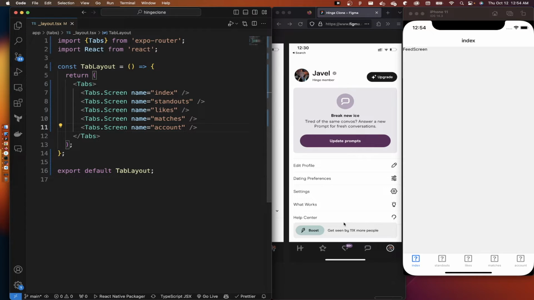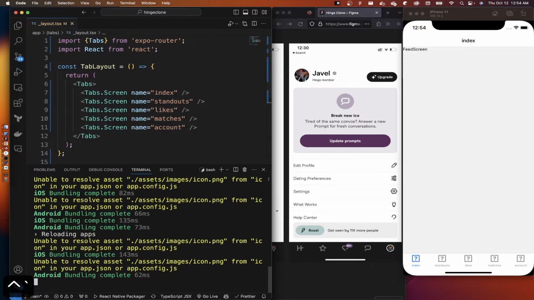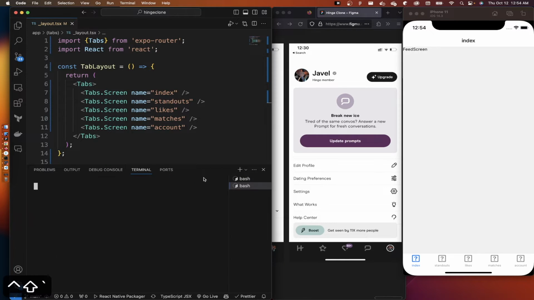Next, let's customize the appearance of the tab bar. In order to do so, we need to get some assets and constants that I have provided for this clone. The link is in the description. You can download the constants and assets directly from VS Code by running the following command in the integrated terminal: